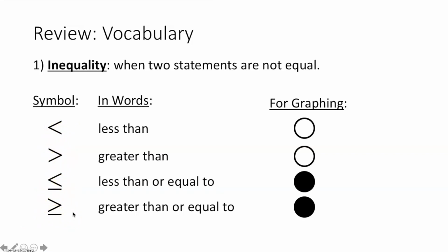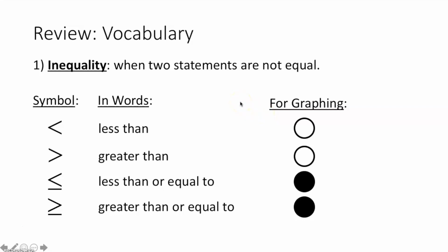And when we graph these on the number line, each of these inequality symbols has a particular open or closed circle that goes with it. And remember, it's just based on whether there's an equal sign underneath. If there's an equal sign underneath your inequality sign, then you're going to have a closed circle on your graph. If there is no equal sign, it's going to be an open circle at whatever value your variable is less